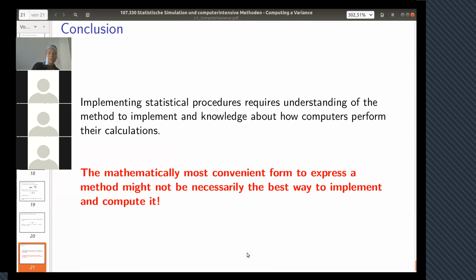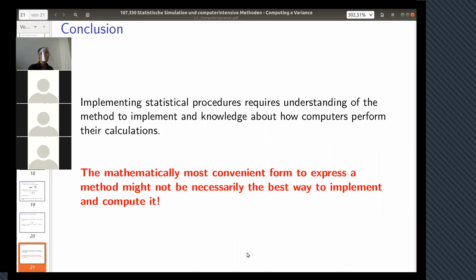Okay, this leads us to the end. Implementing these procedures will require you to have a certain understanding of the methods which you're implementing, okay? Like splitting up the variance into subsums, being able to shift, being able to update online. So we do require at least an idea of what a variance is and what a mean is, and we will